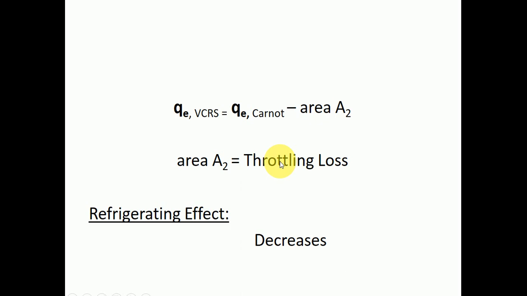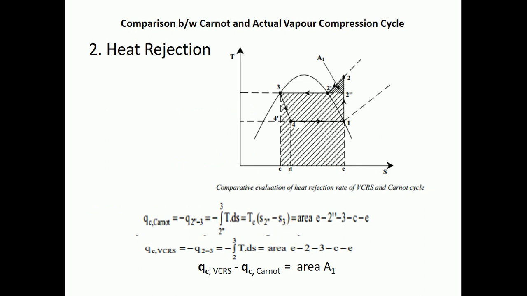Another effect is that the refrigeration effect decreases, which I already explained. So going to another point, that is the heat rejection. What we mean is that here we need an increase in compression work. From 1 to 2 we have a high work, we have to do a lot of work, and